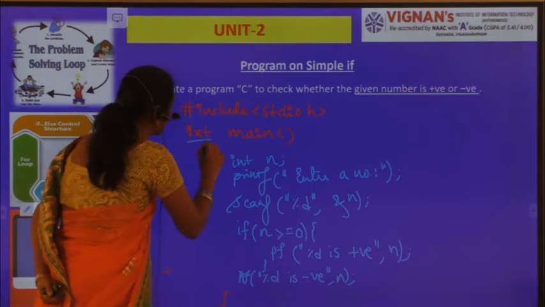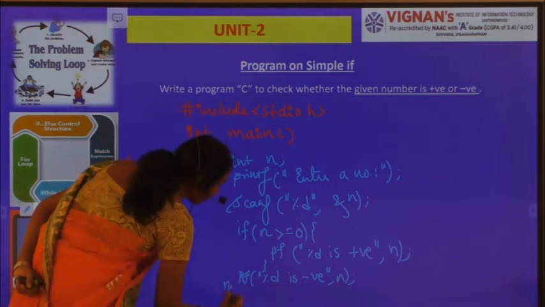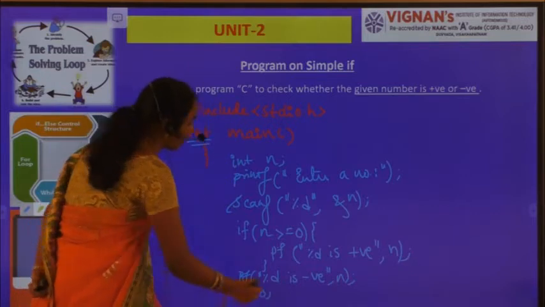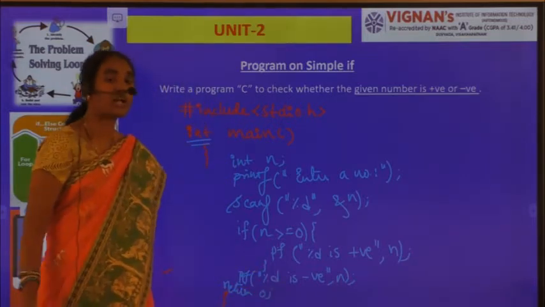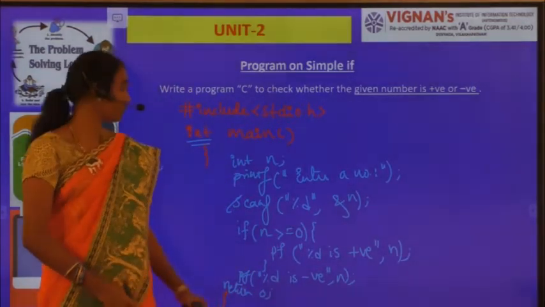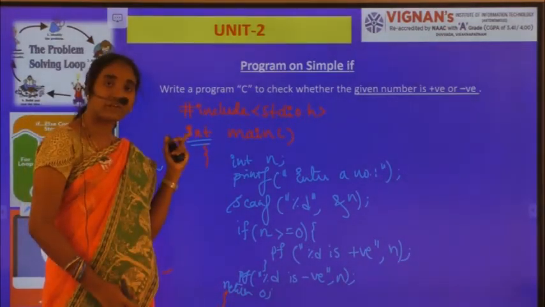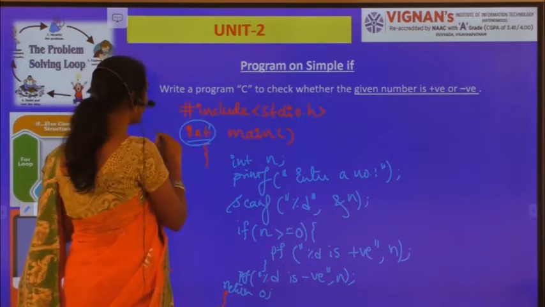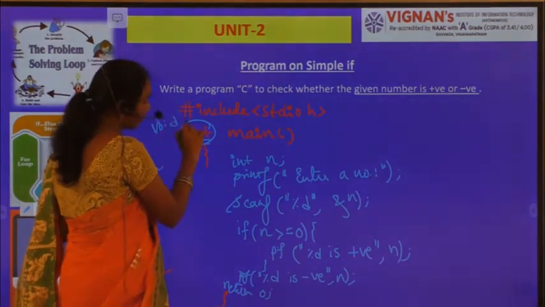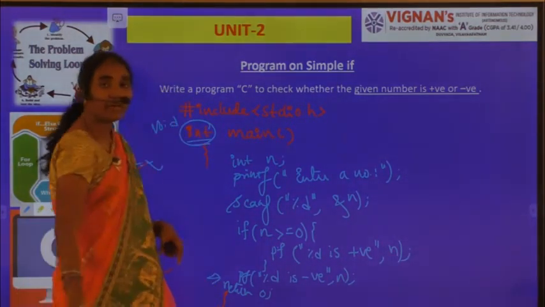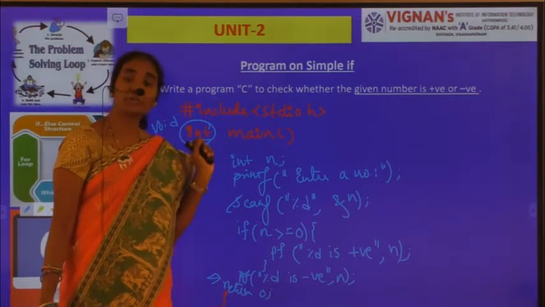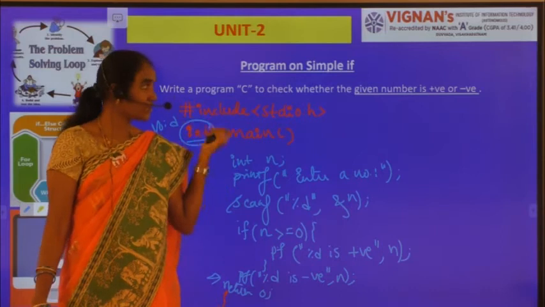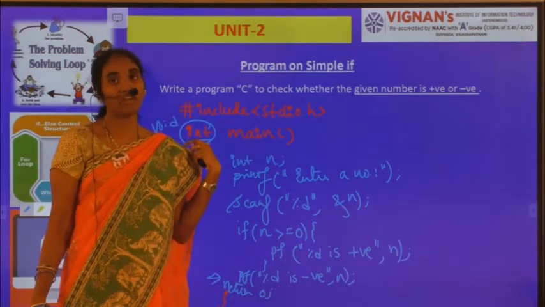Now here, as I have int over here, I have to write return 0, because the current compilers will not accept it if I don't have this return statement, right? As here I have specified int, here I have to write return 0. If I specify void main, there is no need of writing any return statement, right? This is about your program for checking whether the given number is positive or negative.